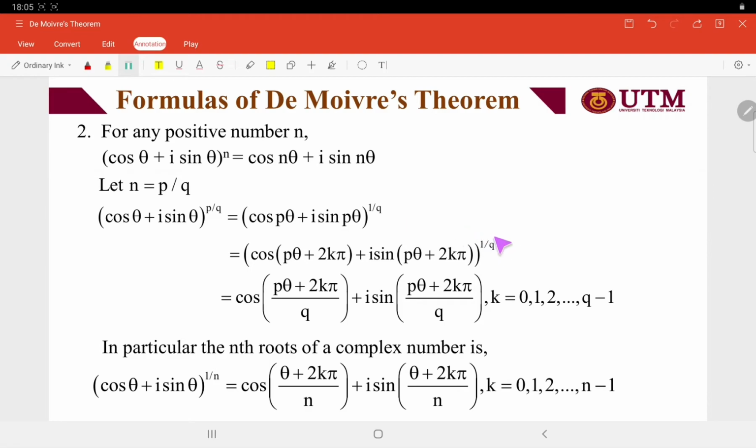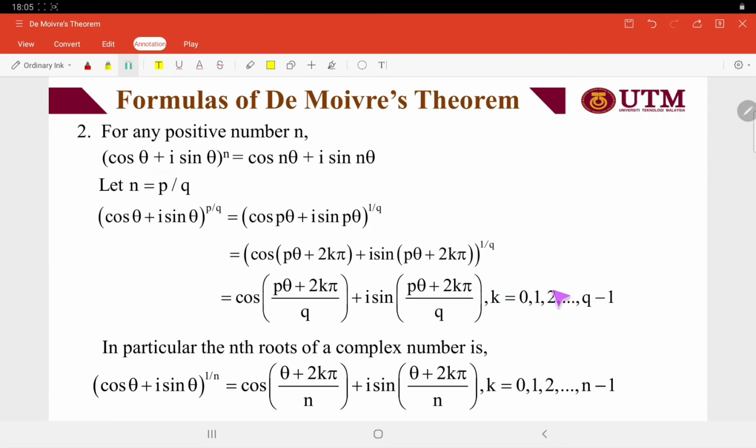Then we can solve this: 1 over q by cos of (p theta plus 2k pi) divided by q, plus i sin of (p theta plus 2k pi) over q, where k is given from 0, 1, 2 up until q minus 1. So let's say if we have q equals 3, we just have to find k from